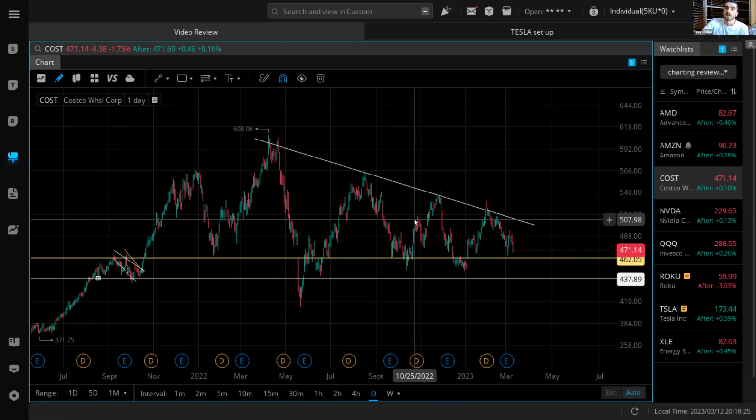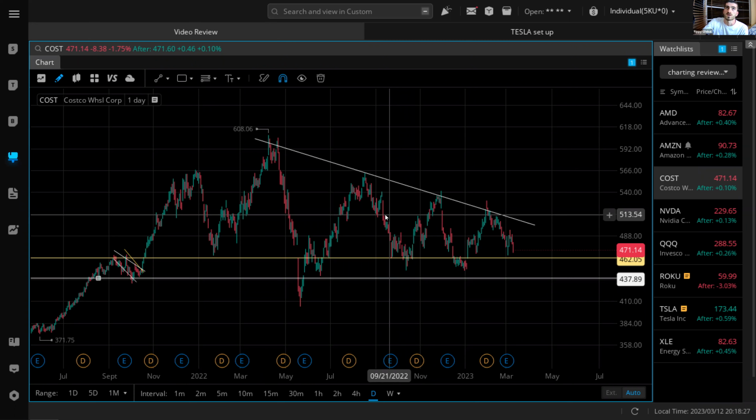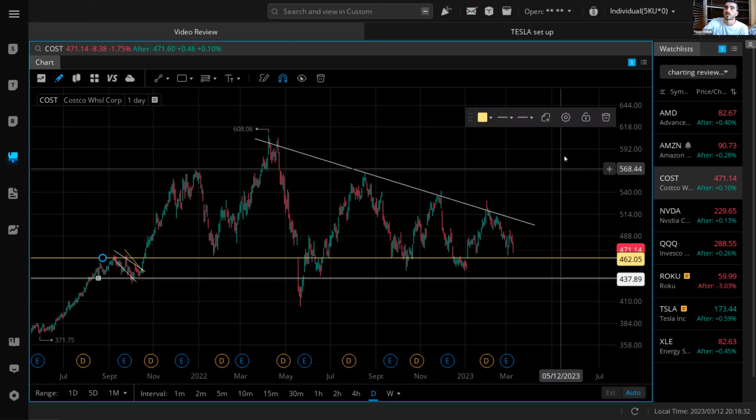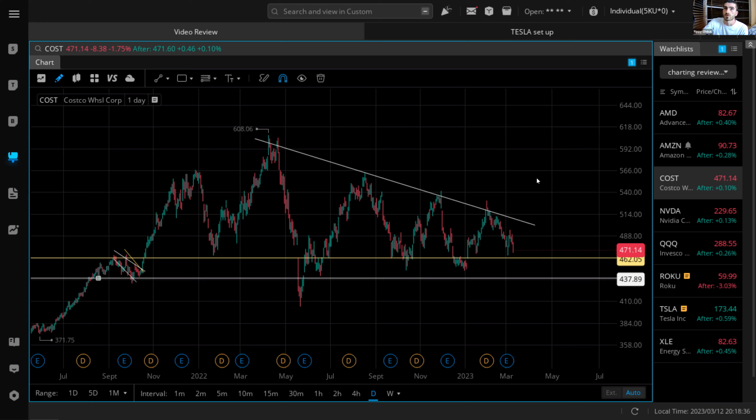I'm trying to find the idea of what's the main purpose of Costco as a stock. I haven't traded this in a while, so I'm not going to talk too deeply on what I feel is going to happen, because I'm not sure how it moves with other markets when SPY's red, SPY's green. I don't want to put assumptions into what you guys think because I personally don't trade this stock. So just going off the chart analysis,